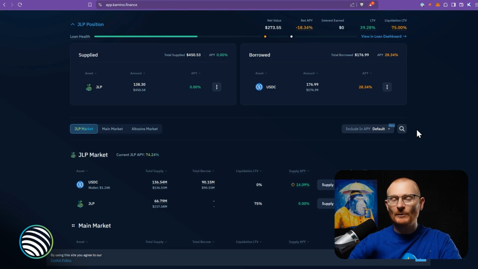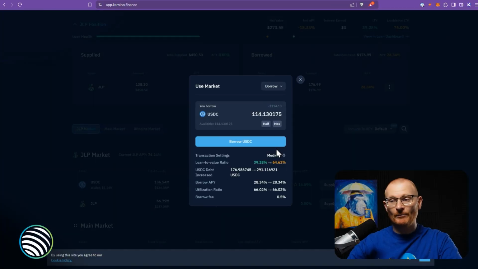So if you think JLP is going up, you may want to use this strategy. You know, at present, the cost to actually borrow USDC is less than the APY that is currently being earned by JLP. Just keep in mind that USDC is a stablecoin, it's $1 per USDC, and JLP is not. It's an index of particular tokens. Having said that, we have seen thus far it has climbed very steadily.